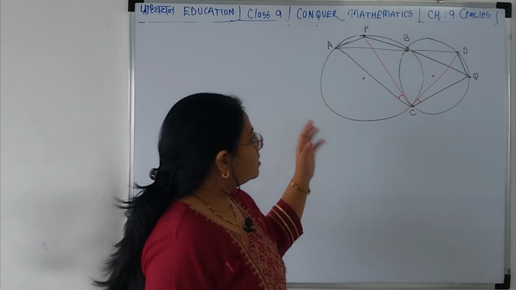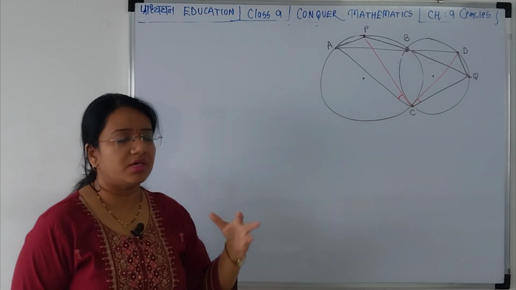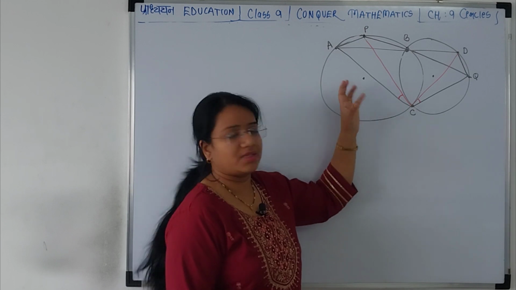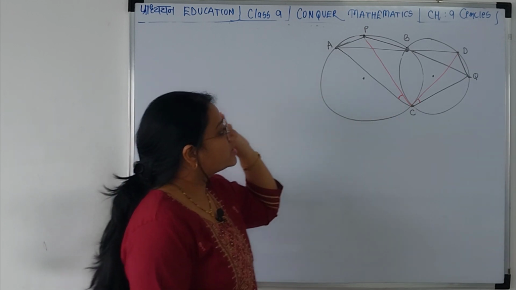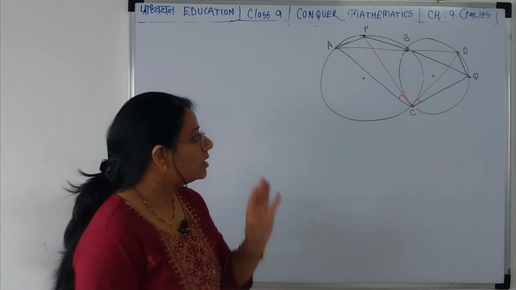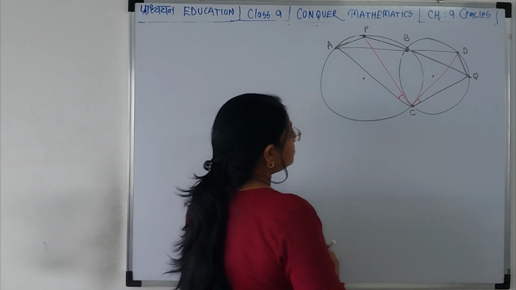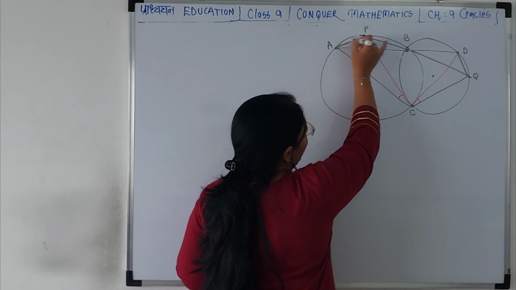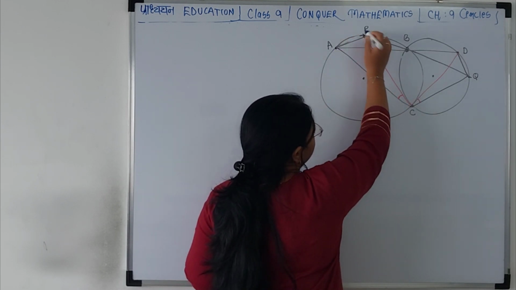Okay. Now it looks difficult. समझने में, देखने में थोड़ा सा ये chaos लगता है कि ये क्या है figure, but it is extremely easy to prove. It's simply a 4-step question. Let's understand. See what you have to prove. You have to prove कि angle ACP is equal